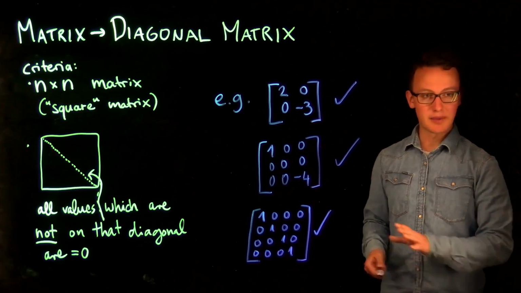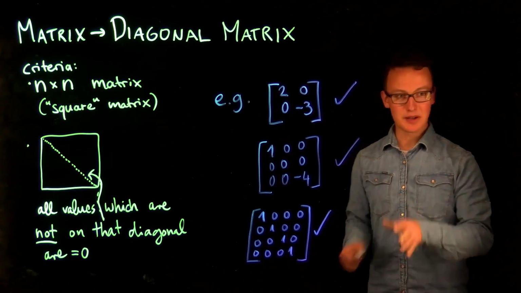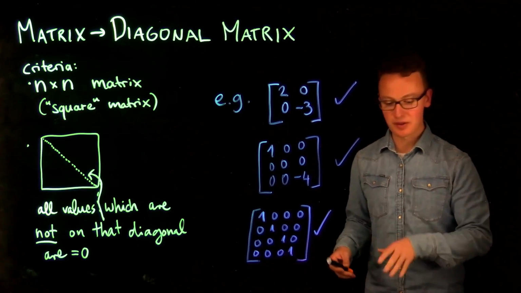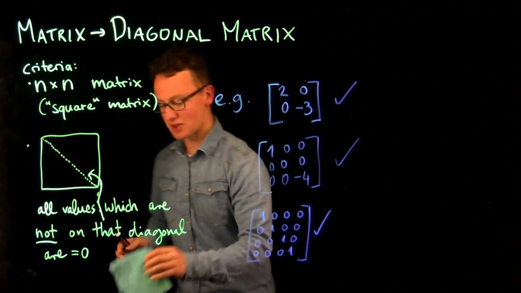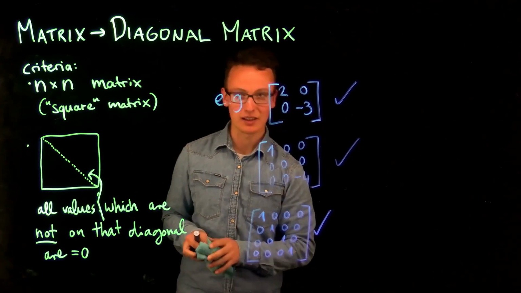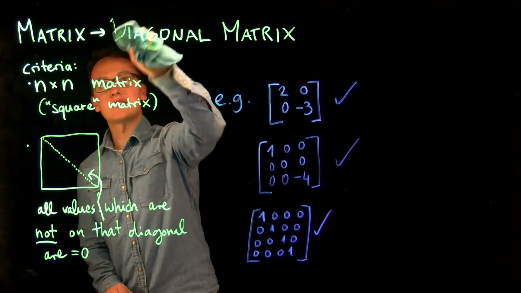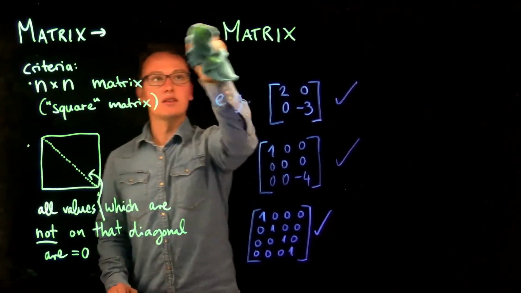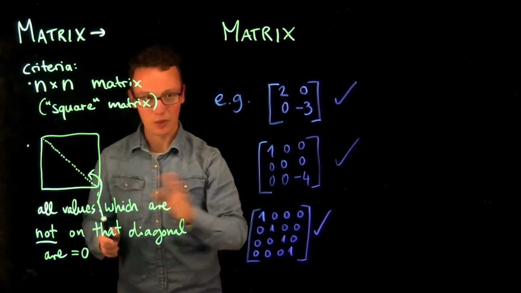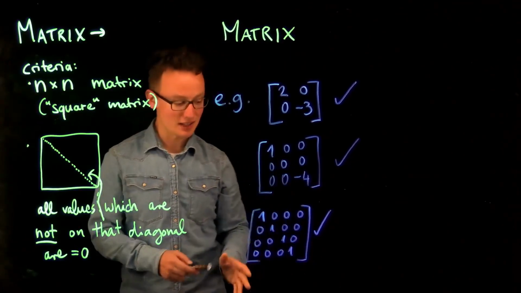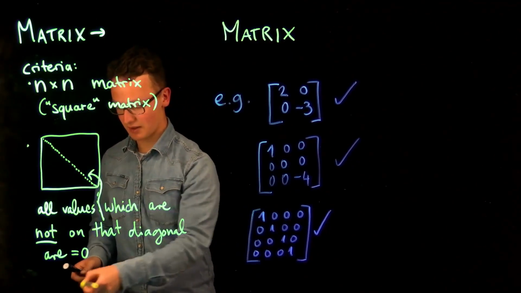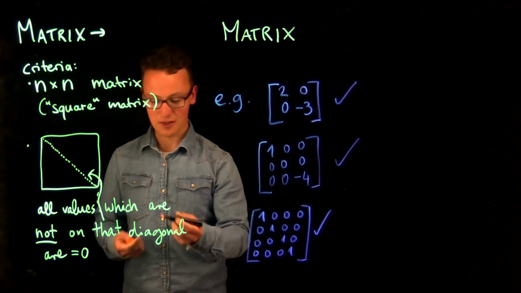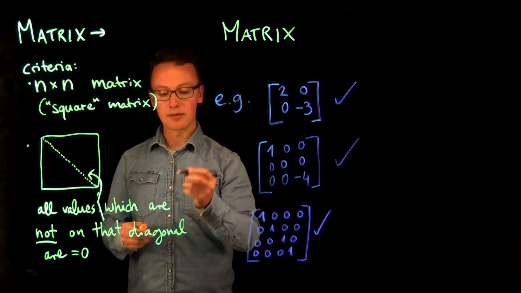So the diagonal matrices are already a special kind of matrix, but what if I told you that there is an even more special kind of matrix, which is a subclass of the diagonal matrices? That's what we refer to as identity matrices. Or if we are just speaking about one dimensionality, it will be the identity matrix. Like there's only a single one of them for a specific dimension. The identity matrix